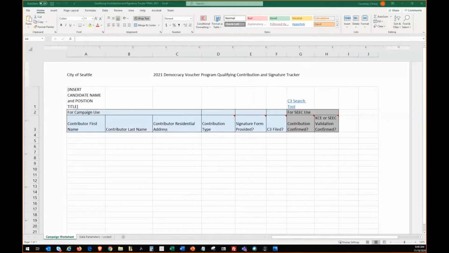Hello, and welcome to a quick tutorial from the Democracy Voucher Program on how to use this spreadsheet to track your campaign's qualifying signatures and contributions. Once your campaign has gathered the required number of signatures and contributions, you will enter a few key pieces of information from the candidate qualifying forms into this spreadsheet known as the 2021 Democracy Voucher Program Qualifying Contribution and Signature